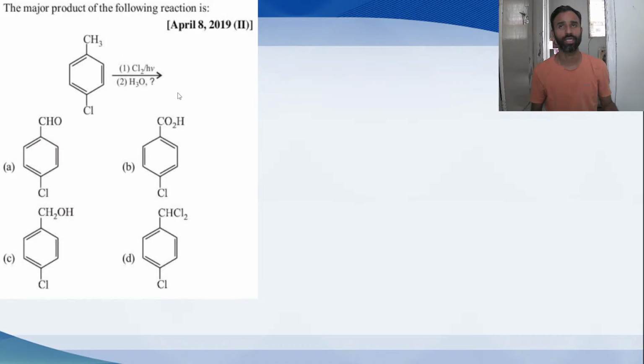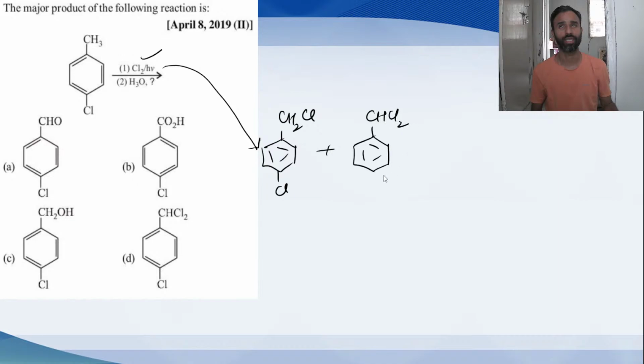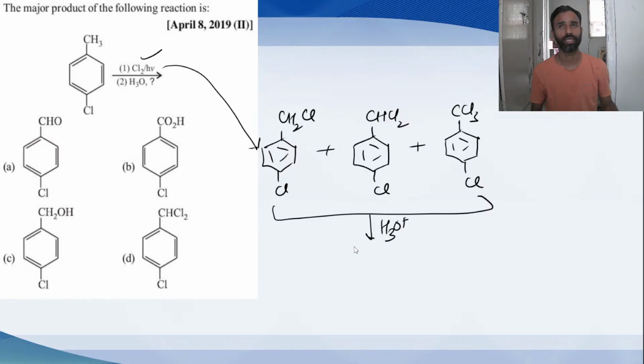So this is a tedious question, because when chlorine in the presence of light reacts, it can give CH2Cl, it can give CHCl2 or CCl3, because it is a free radical reaction, which on hydrolysis gives CH2OHCl, CHCl2 will give CHOCl,